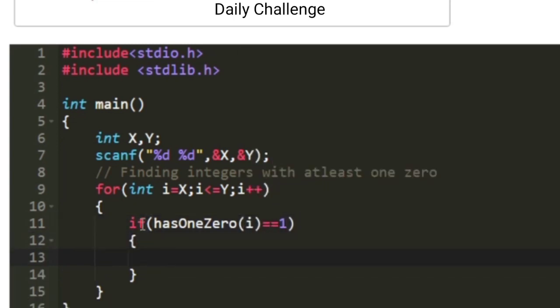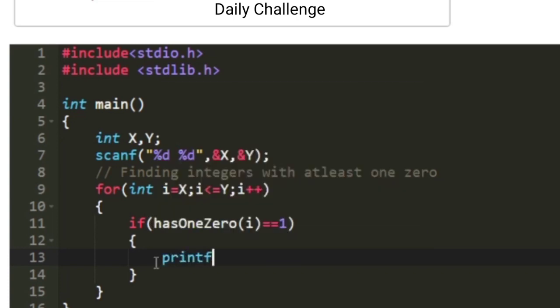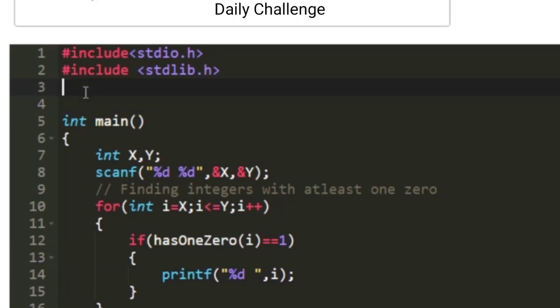So this is a user defined function which I will be defining now, and whenever this condition is satisfied we are going to print the value of i. So let us now implement this function.